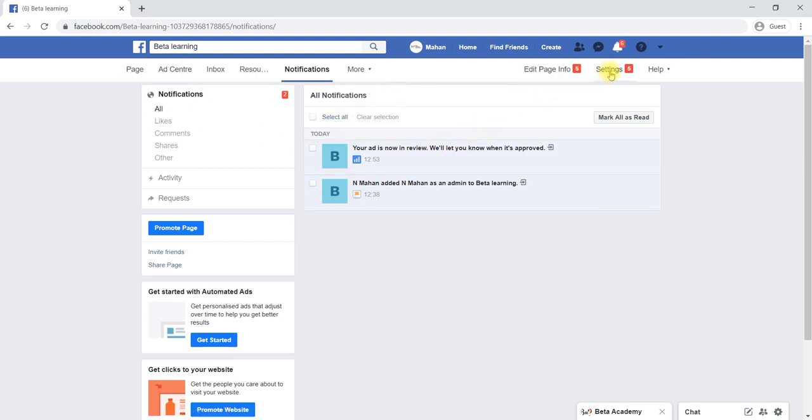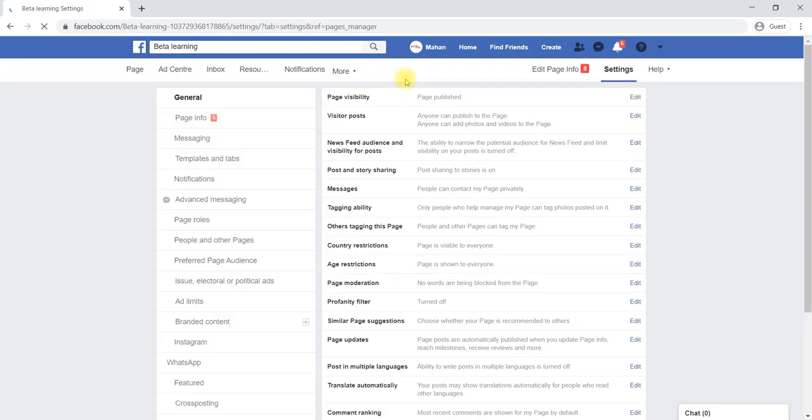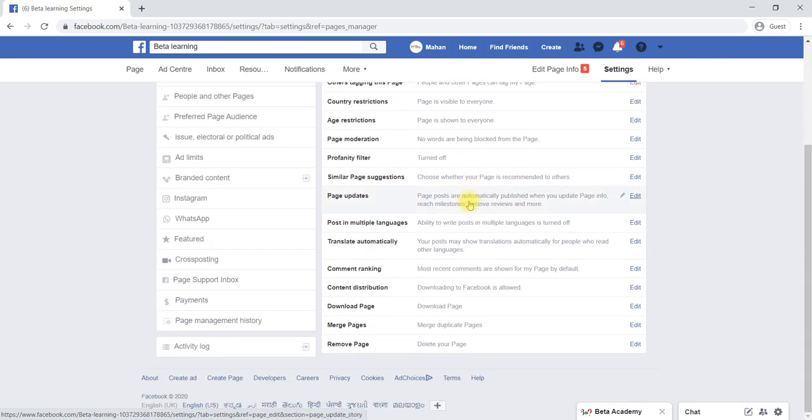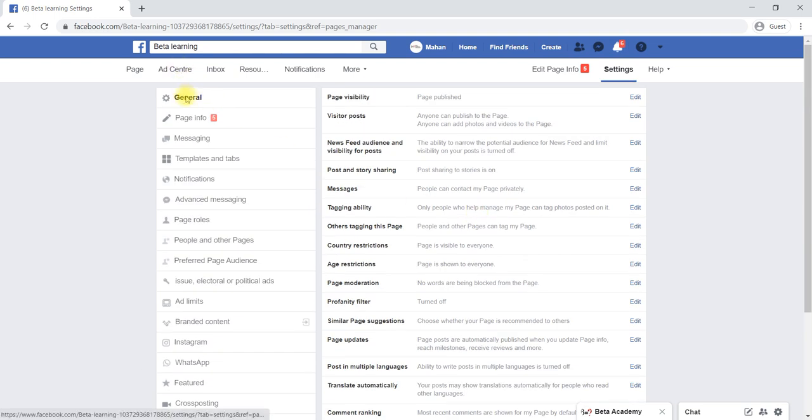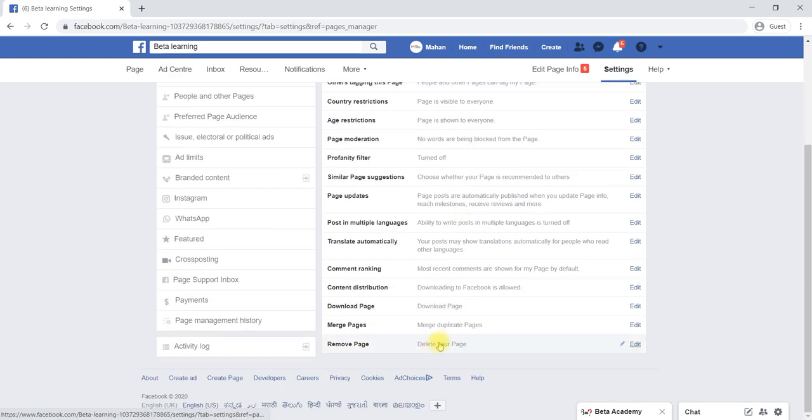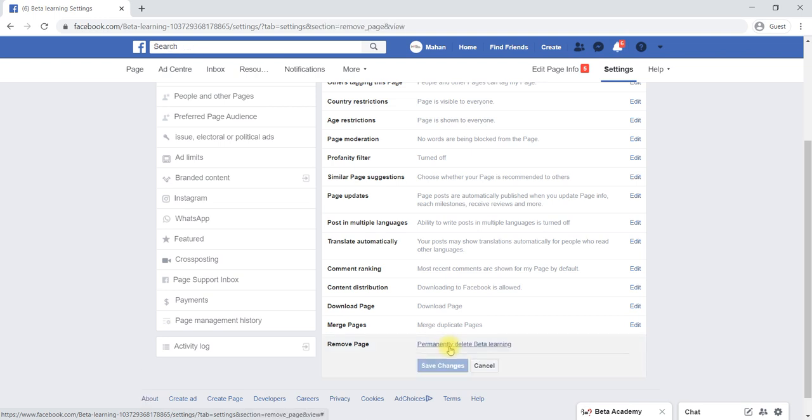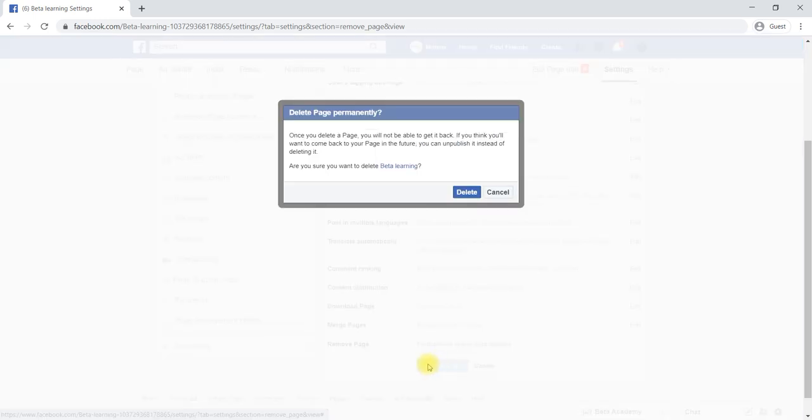Then it comes to the settings. Publishing, you already learned. In case you would like to remove the page, then we have to go to general. At the last there is a remove page option, we can select that one, and permanently delete this particular page.